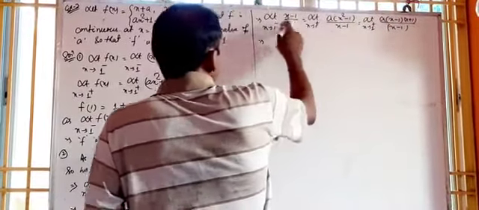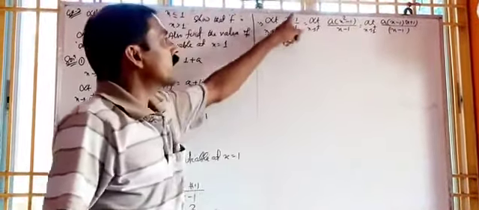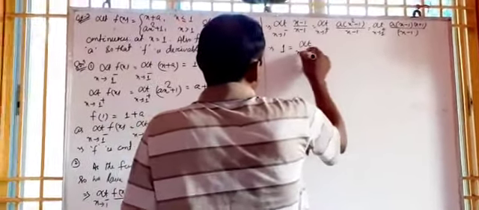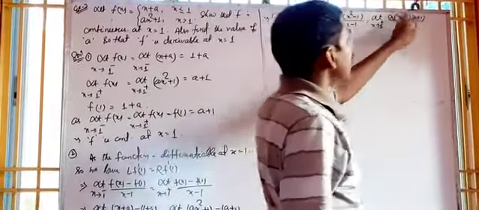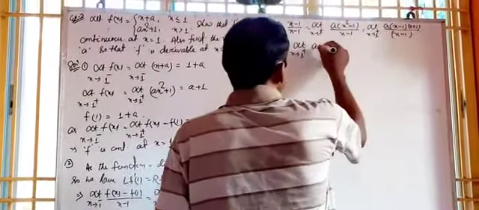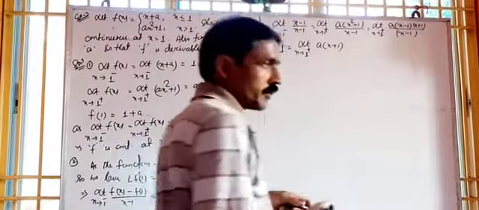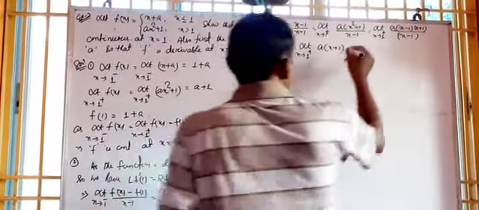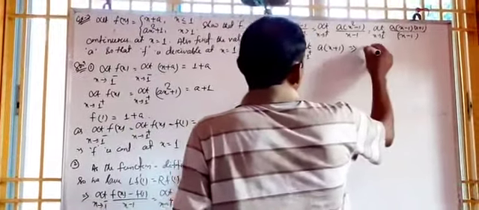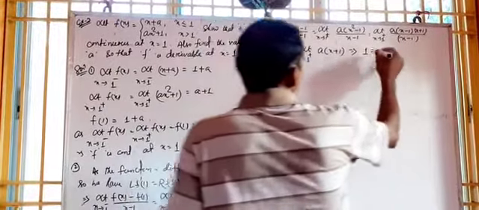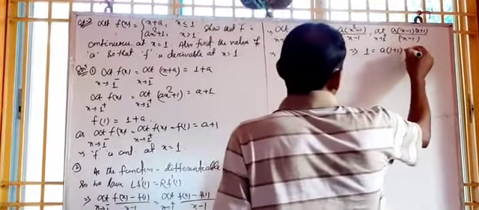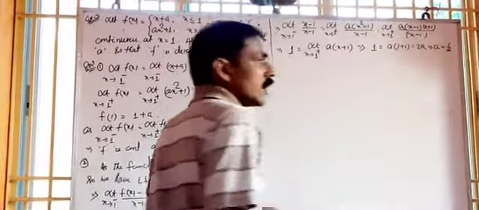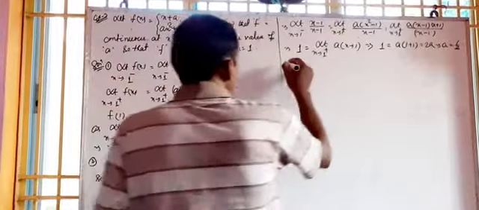This implies, now what is the value of the left hand side? X minus 1 by x minus 1 is 1. So 1 equal to limit x tends to 1 plus, here x minus 1 will be cancelled. So it is a into x plus 1. Now it is a polynomial function already, so directly we can put x equal to 1. So this implies 1 is equal to a into 1 plus 1, that is 2a. So a equal to 1 by 2. So answer is, what is answer?